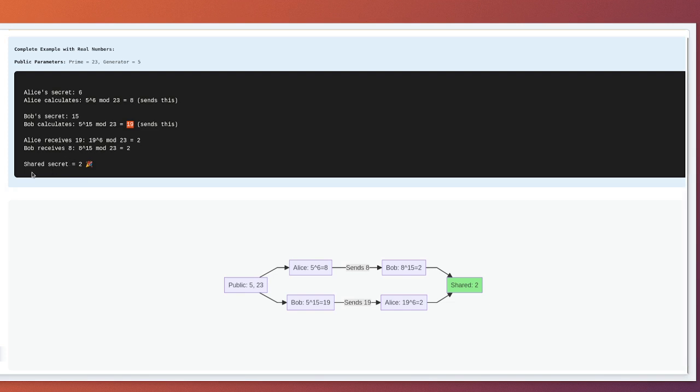But wait, there is more. TLS 1.3 does not just use this shared secret directly. That would be like using the same password everywhere. Instead, it feeds this secret through a key derivation function. Imagine a machine that takes one secret and produces multiple different keys from it. It is like having a master key that you put into a special machine, and out come separate keys for your house, car, office, and safe. Each key is different, but they all came from that one master secret. This way, even if someone somehow steals your car key, they cannot get into your house.